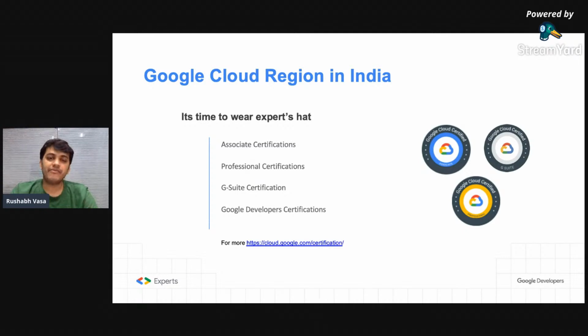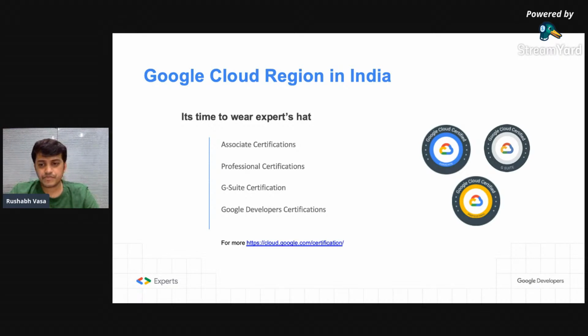Why are these certifications important? Of course, they are important because you get to learn in depth about this, and it adds a little bit of credibility to your resume when you go out in the market, and it also gives you an opportunity to explore. I usually feel that certification is one opportunity where you push yourself to study. Otherwise, as a student, if we just have to study, sometimes we don't get that serious about certain topics, especially when they are not part of the academics. So this certification really encourages you to do something and achieve something.